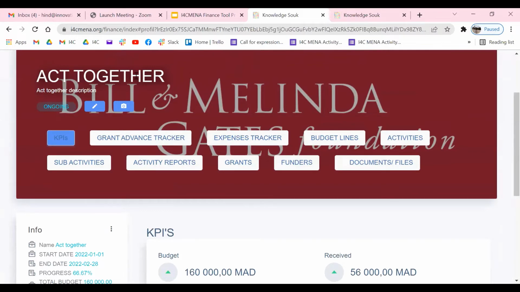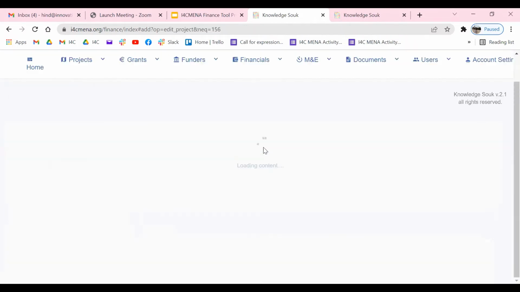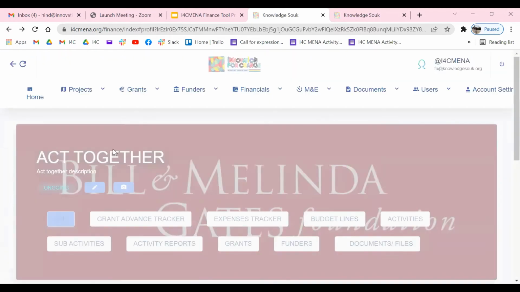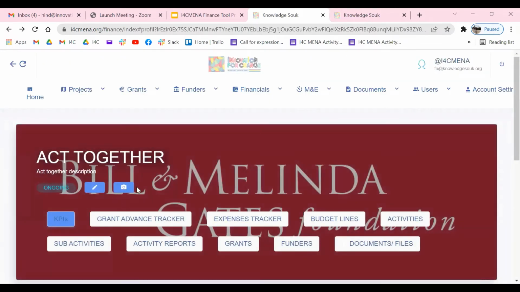So we will have here at the top the name of the project, then the description, also its status. You can also modify the project info from here. And of course, you can add a logo or specific picture for these projects, and automatically it will display in this area as a background.